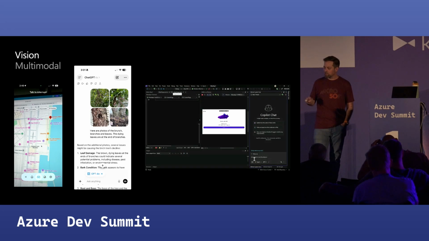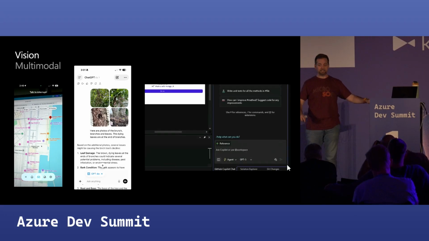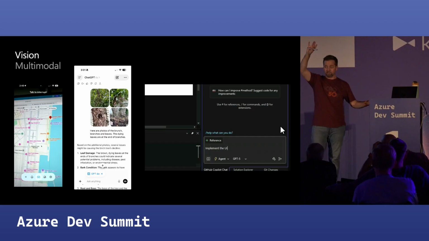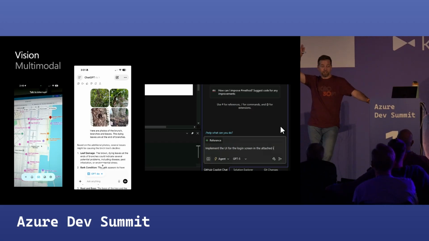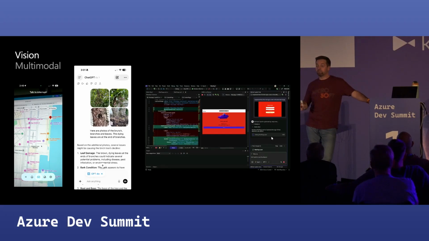The last sample here is the vision capability inside of Copilot Chat. Has anybody used the vision capability in Copilot Chat? You're gonna now, because it's stinking amazing. So you can provide it with any image, set of images, and you can say, hey, would you go build this for me? Or hey, would you go fix the circled area? Or hey, whatever you can imagine.